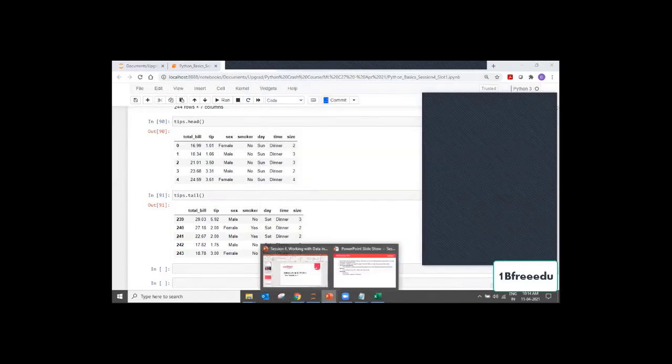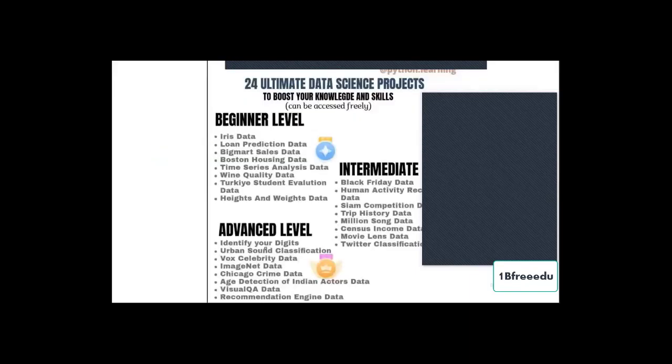Again, the last thing I want you to see, so this is a slide that I have given you. Probably it will not help you right away, but later on when you become expert in various commands of Python, you start reading data, analyzing it. These are some of the